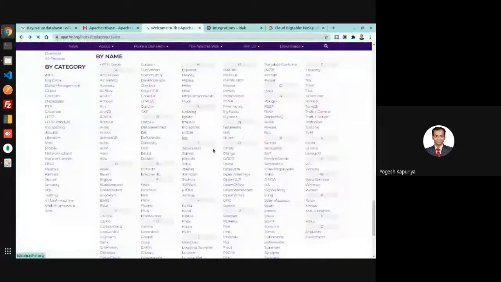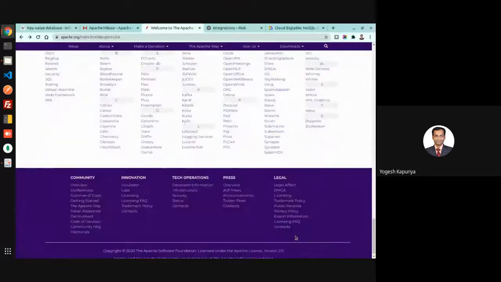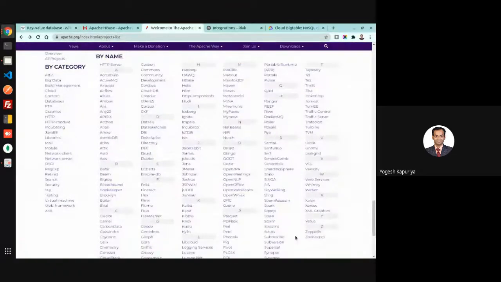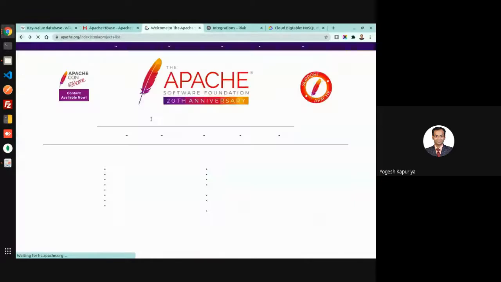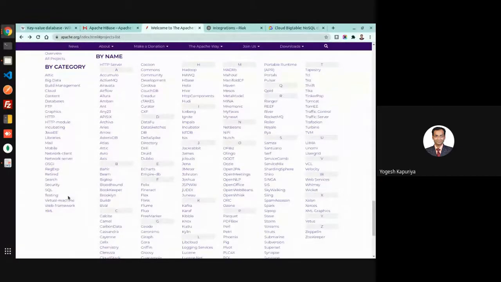Remember, these are various projects built by the Apache community, and the range where they are applicable covers almost every aspect. Let's say HTTP components. It is mainly a component with which you can build a web component using HTTP, which works for the HTTP protocol.